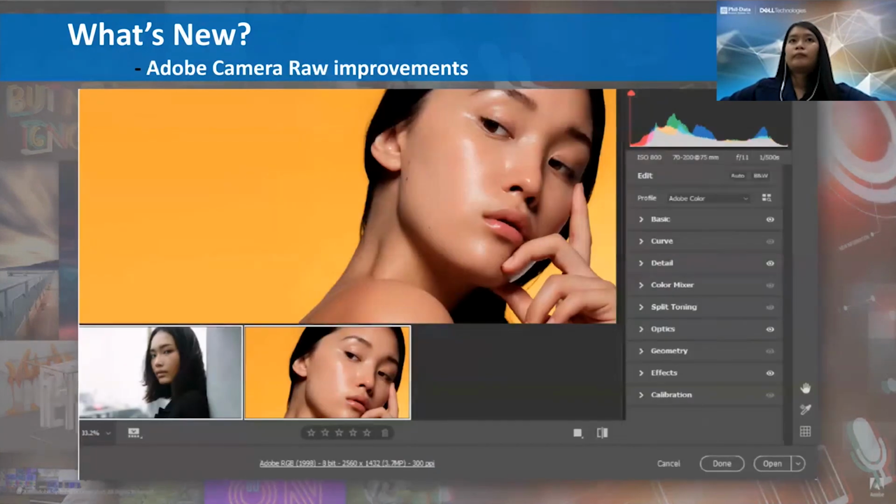Next is the ACR, or the Adobe Camera Raw improvements. You can now save time in adjusting one image or if you are creating batch images. For example, if you're editing an entire portfolio with the same presets, you can create a preset with one image and apply it to all. You can also set ISO adaptive presets as raw defaults. Also, there is a new slider within the local panel of this workspace wherein you can change the color of one area without affecting the others in that photo.